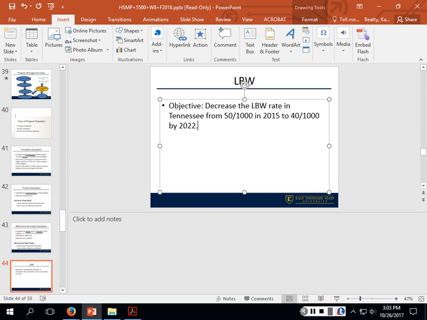That's available for us through existing surveillance systems, right? So it's secondary data that we can track, right? We also try to see how much of that was affected by our program. So let's say this is 2022, okay, and we obtain the low birth weight in Tennessee from the surveillance systems, and it is